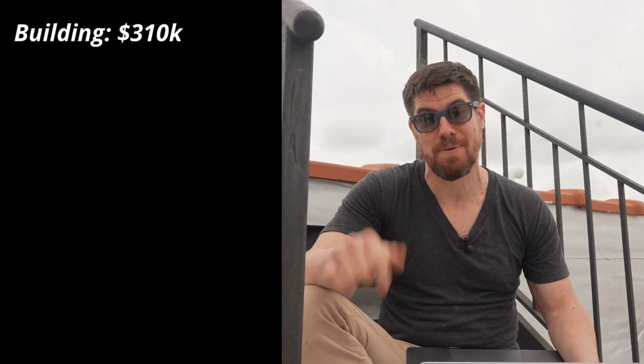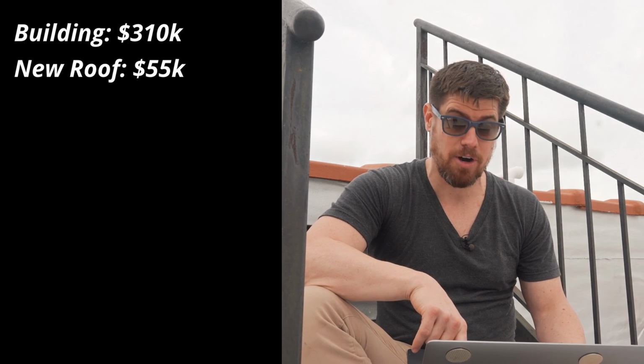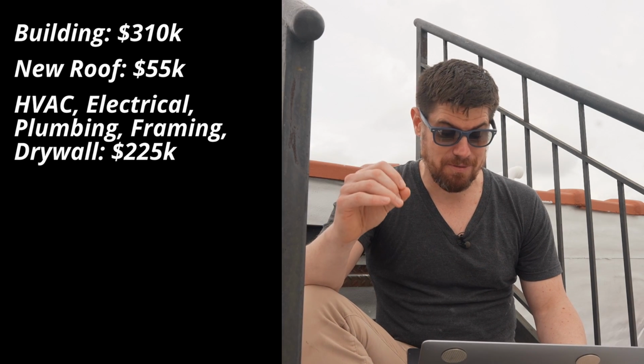14 years working as a patent attorney. The roof, which I didn't think I was gonna have to replace going in, was a $55,000 cost to replace the whole thing. All the costs leading up to the finishes, architect, permitting, electrical, plumbing, HVAC, framing, drywall, cumulatively those cost me about $225,000. You could probably make a whole video explaining about why those things ended up costing so much, but the